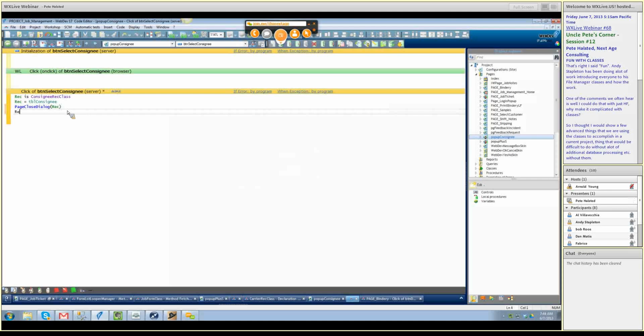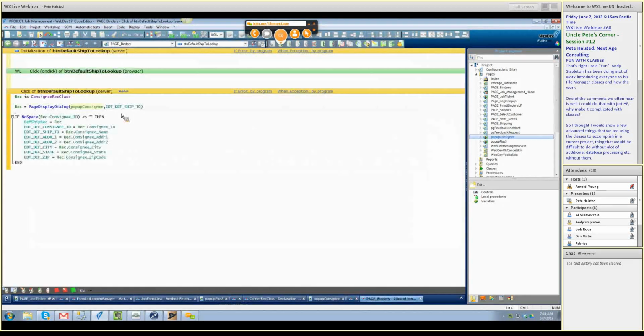It closes that page and returns whatever you're returning. So it's similar to the result rec. You notice, I'm doing that same thing that we did over on the combo. I'm saying record is consignee record class, and then I'm setting it equal to that value from the table, which is whatever record has been selected, and then I am returning that entire record back over here